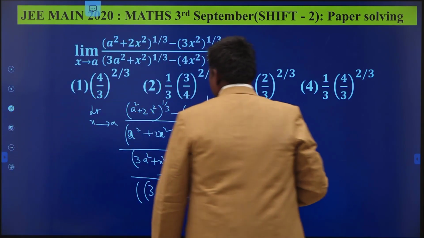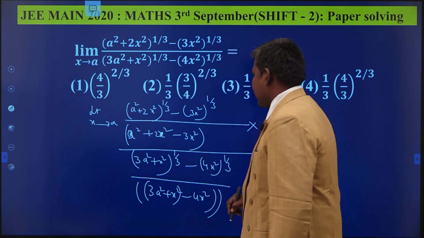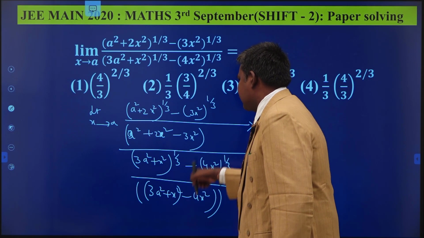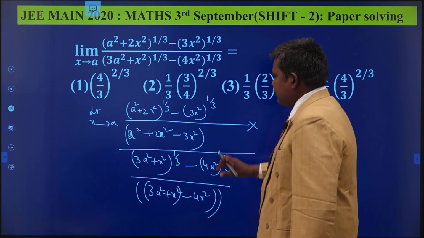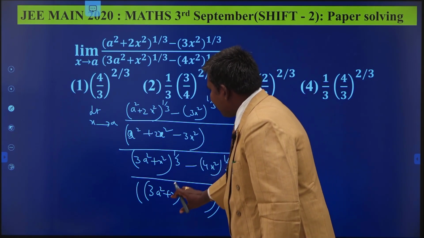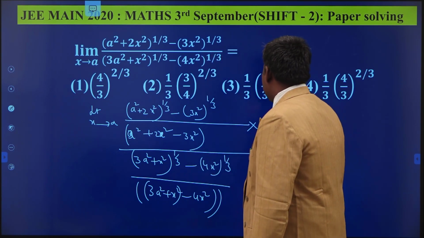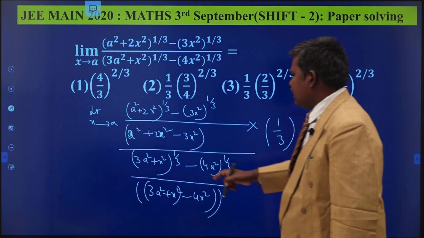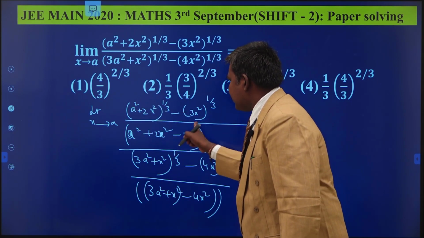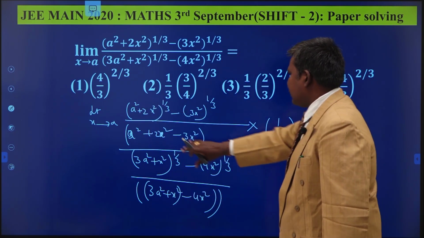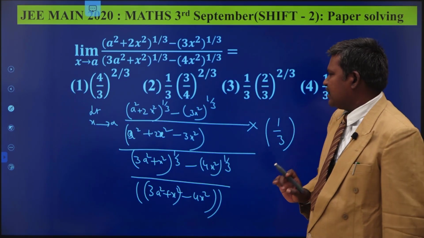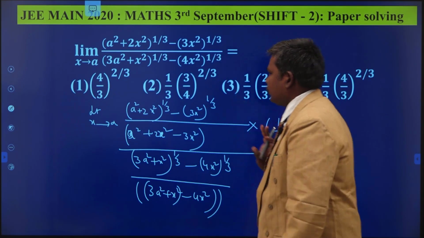See here, a square minus x square is there. This is 3 times (a square minus x square) is there. So this is 1 by 3. If you just write multiplied by 1 by 3, everything is compensated. Am I correct or not? This 3 coming in the numerator, these 2 get cancelled. So 3 is extra, I am writing in this expression. So I am multiplying with 1 by 3. The entire thing is same as above.